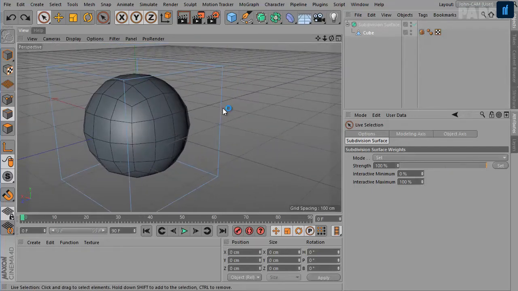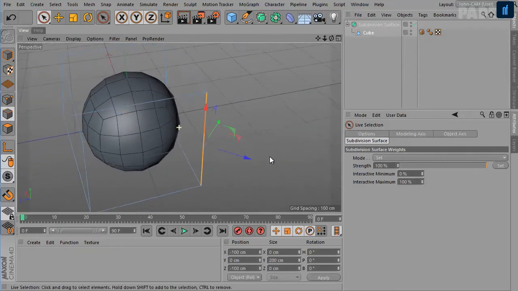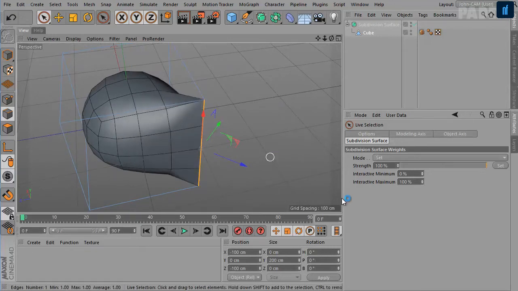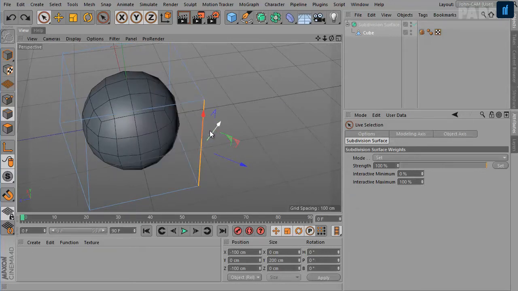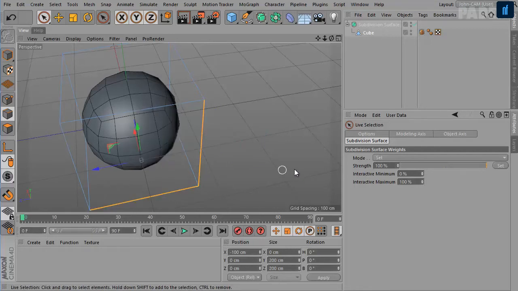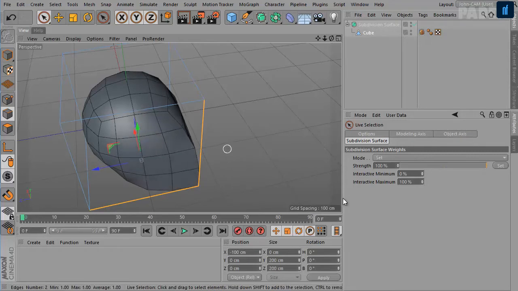So let's select this edge, and use the period key and Shift drag, or the period key and Control drag. Okay, let me select two edges here. Now press and hold period, press Control and then drag.